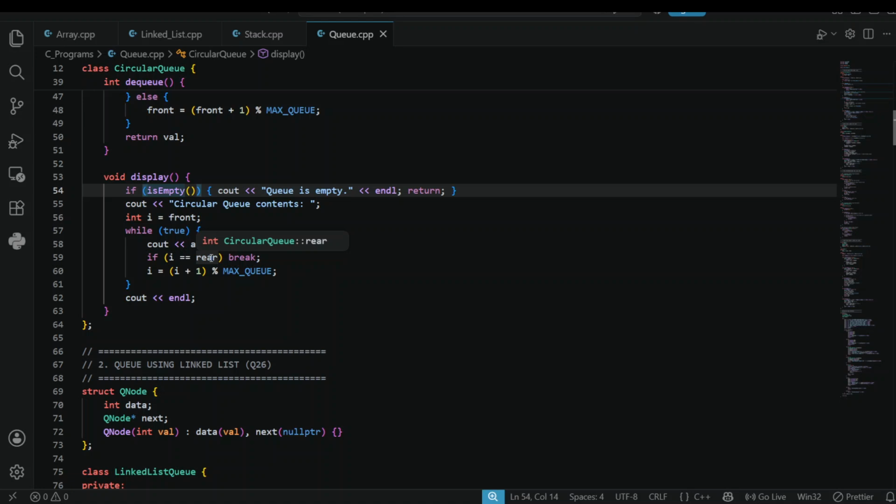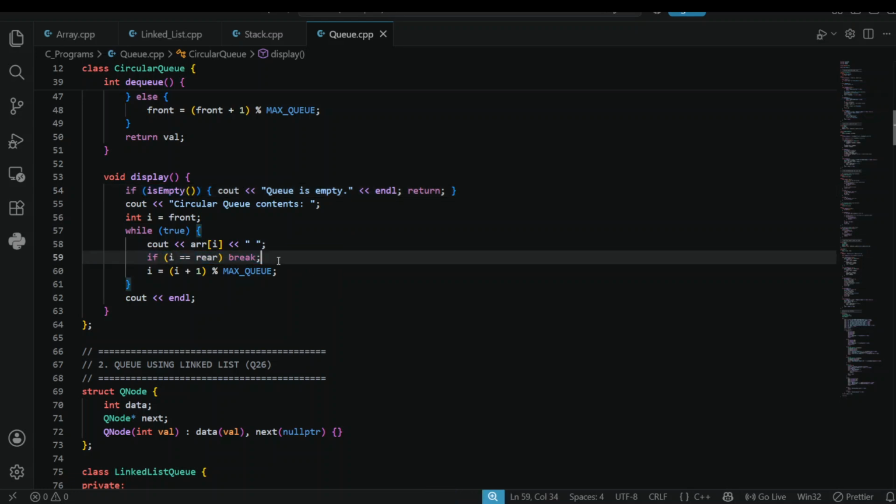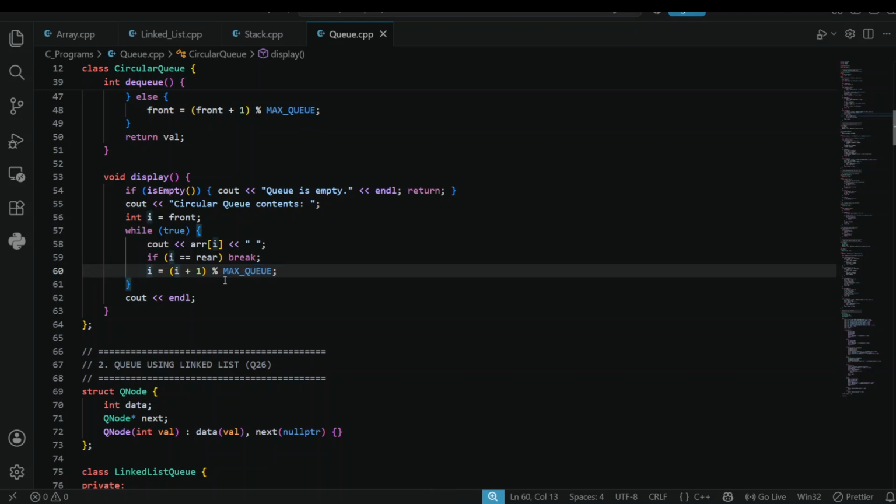That means we have reached the last element of the queue. Okay, this condition comes first, then we are incrementing and putting the bounds on i: i equals (i plus 1) modulus max q. We have to remember this, that we put this i equals rear check in between, before this, because if we move